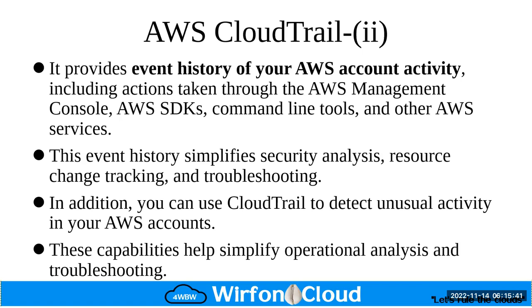Like if you see a lot of logins in your AWS accounts, a lot of activity when you're not even the one who is doing that, you can know what is happening within your account. So all these capabilities will help simplify operational analysis and troubleshooting. So if something happens, you can come back and look at who did what